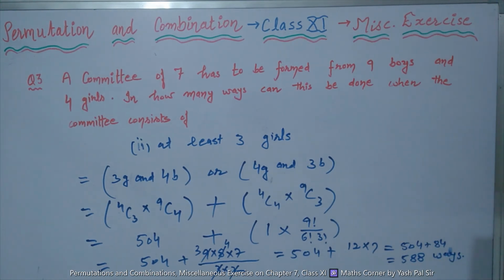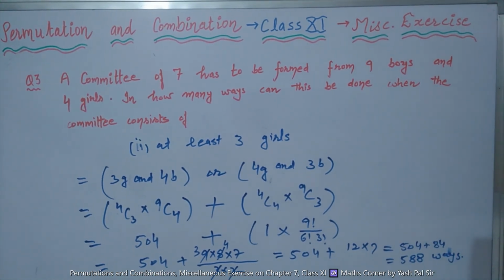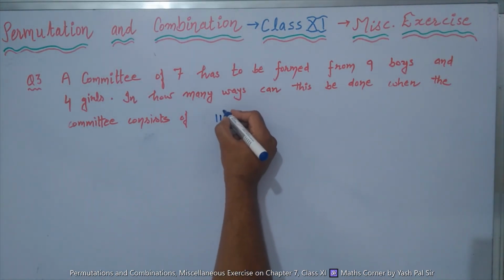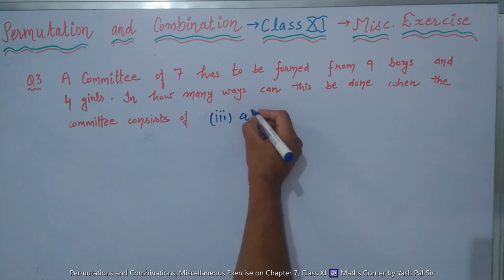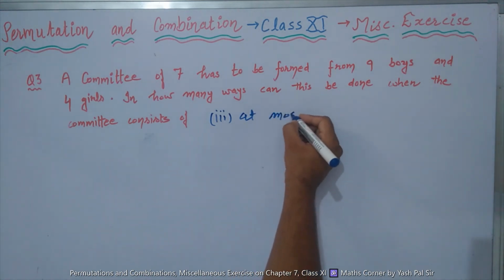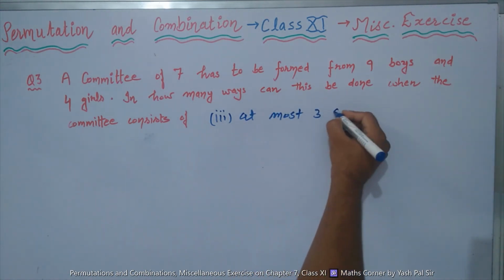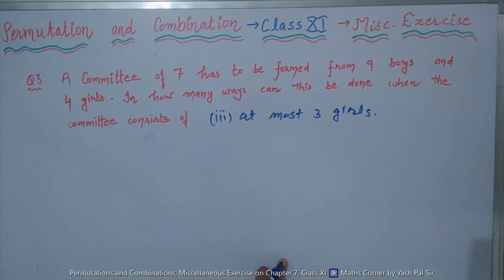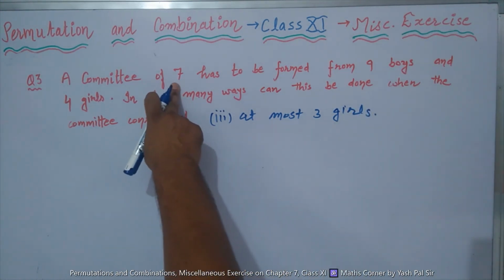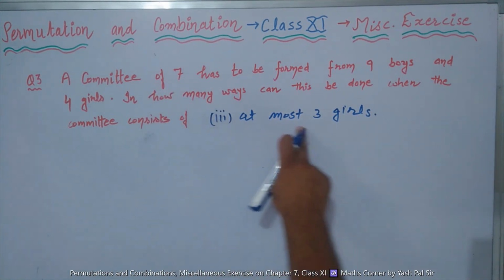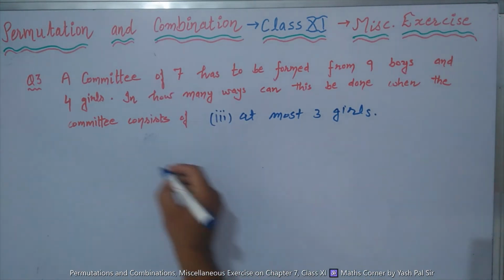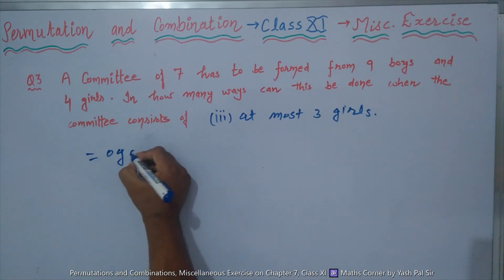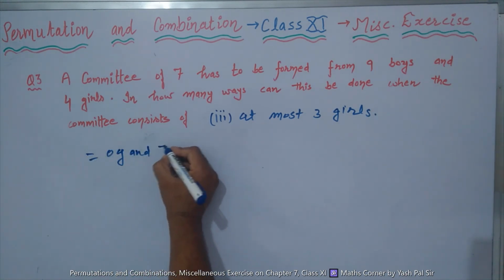Now coming to last part of the question. Last part, third part is at most 3 girls. Right? In order to form a committee of 7, we should have at most 3 girls. This means 0 girl and 7 boys,